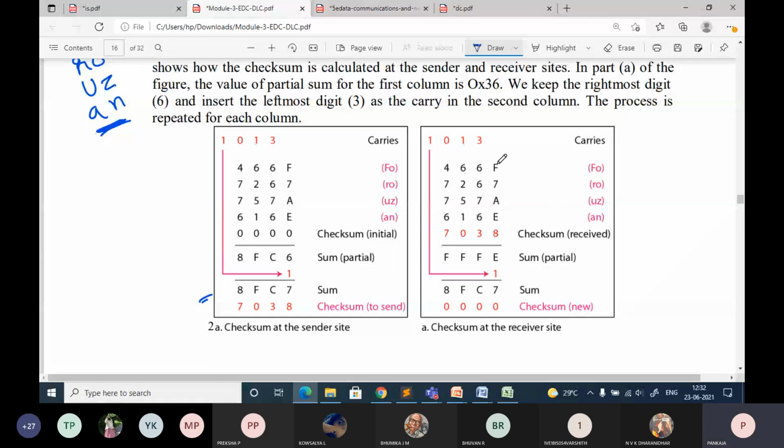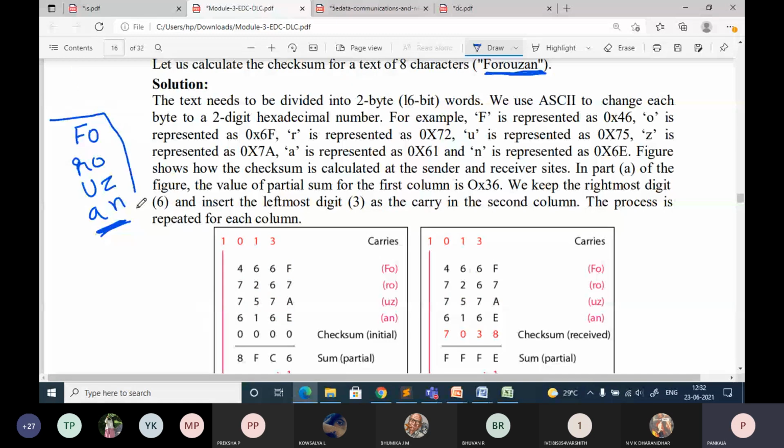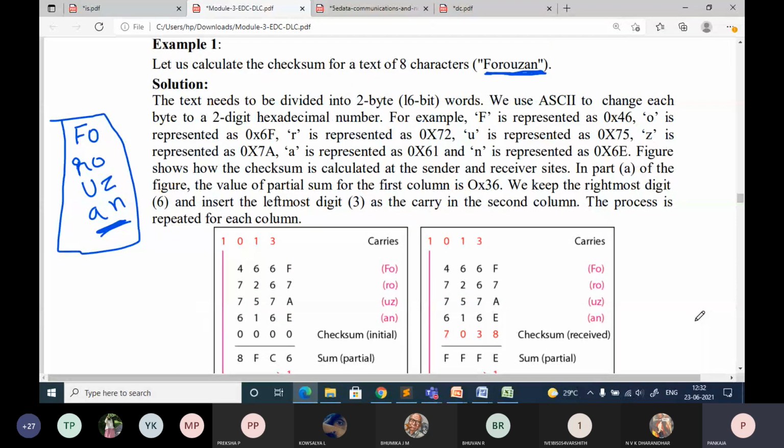So you just note down, and try to solve the problem for this text using checksum. Tomorrow I will ask for the solution. In case you have not understood, then only I will go through this problem, because if I am solving everything, then you will not do anything. If you don't go through it yourself, it will not be the same as what I explained.